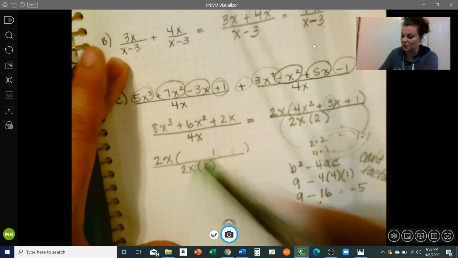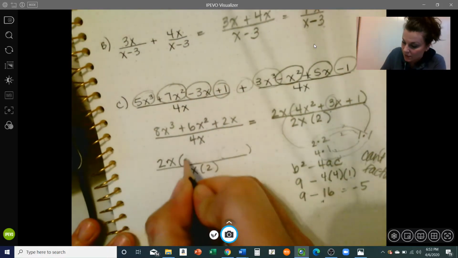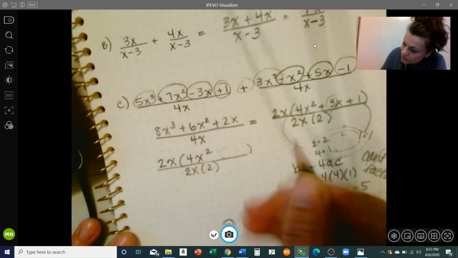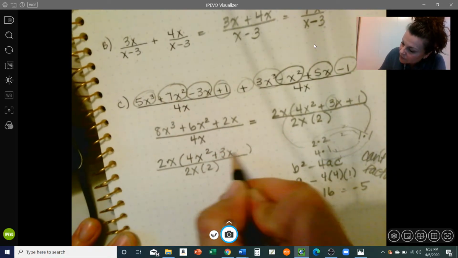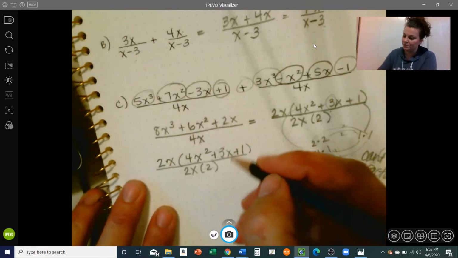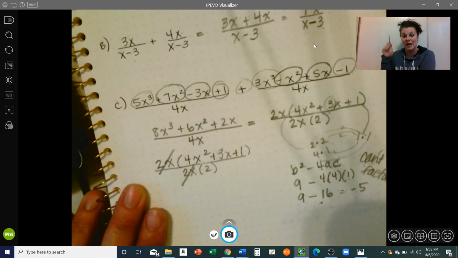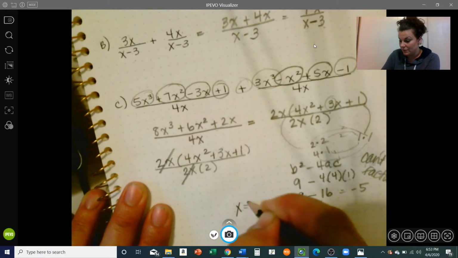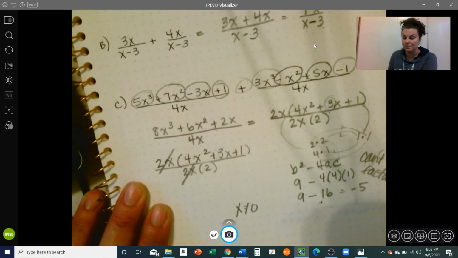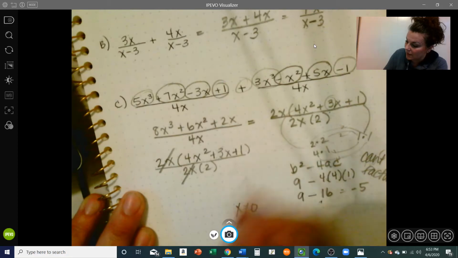So that means I don't need those inner parentheses. So I have 4x squared plus 3x plus 1. My 2 x's are going to cancel out, which means that x cannot equal 0. Okay, that's important. And then my answer that I'm left with,